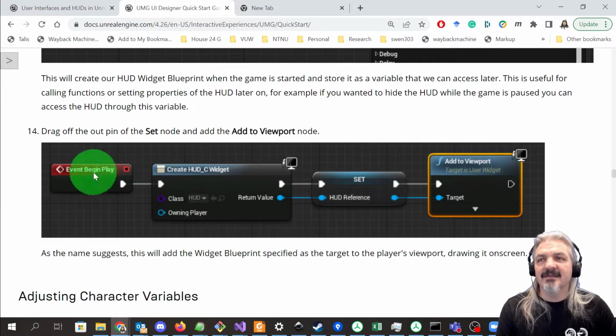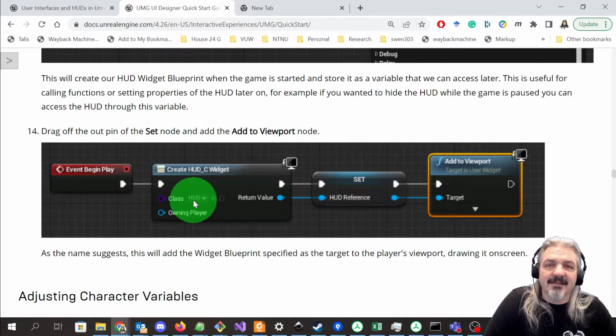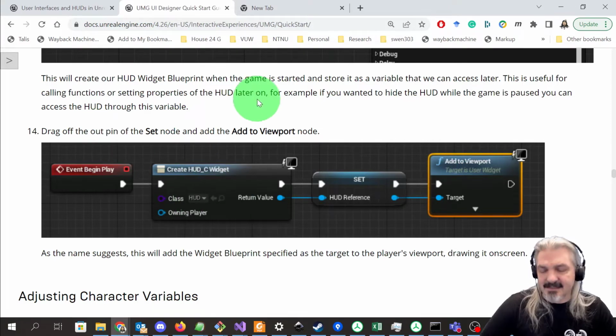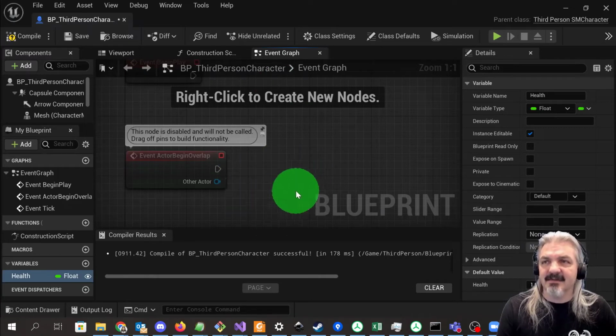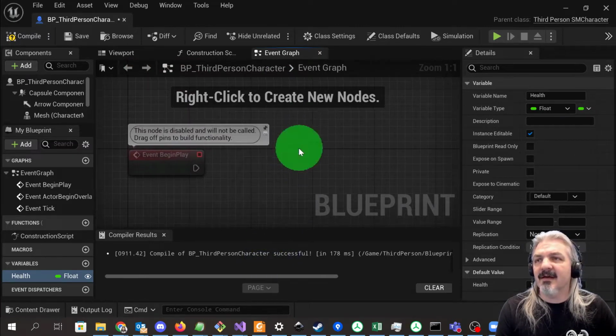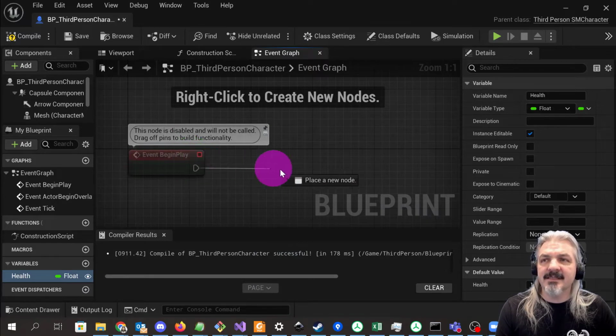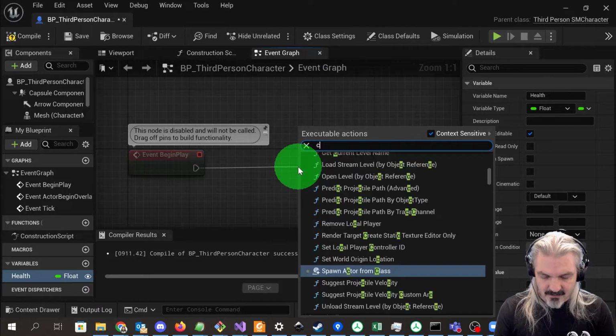Right? So what we're going to do is say, hey, grab this thing. This is going to be a magic number. I'm not going to make this a variable. It's going to be just the HUD because it's going to start. So what we can do is when the player is created, all right? So if we have a look here, event begin play, this is when we draw out that item and we go create